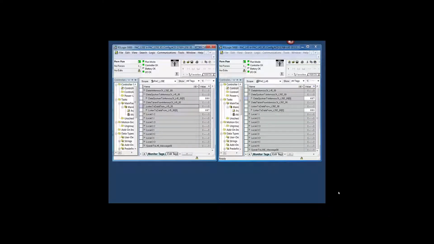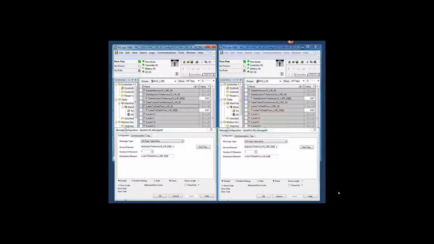In section 2, we added data structures and we added message instructions. We configured the message instructions so the PAC L35E could speak to L45, and then we added a message instruction, used the data structures so PAC L45 could speak to